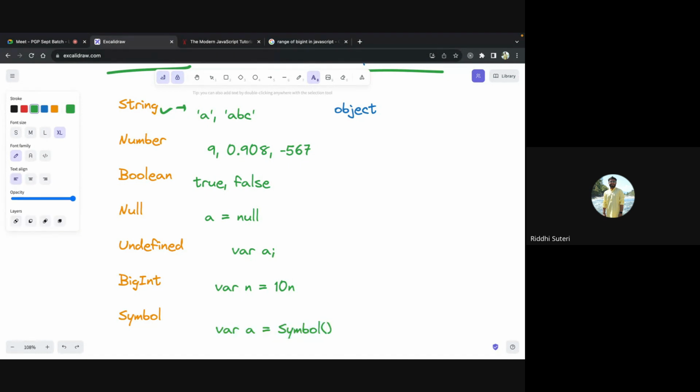Another thing is that you can give a brief description to the Symbol, saying what Symbol you have created here. You can say, a unique key, something like this, and it is not going to hold the value of a unique key. If you print a, it will not show the description, but it will have a unique value which you can compare later on.